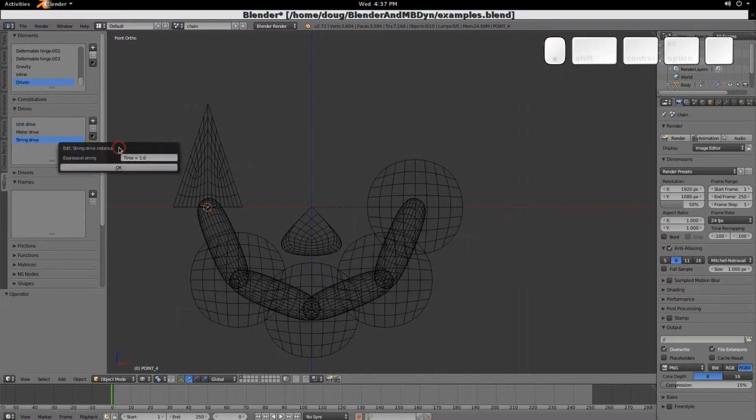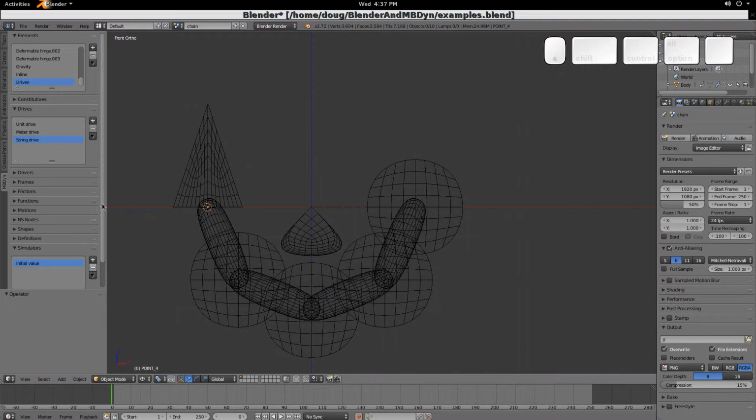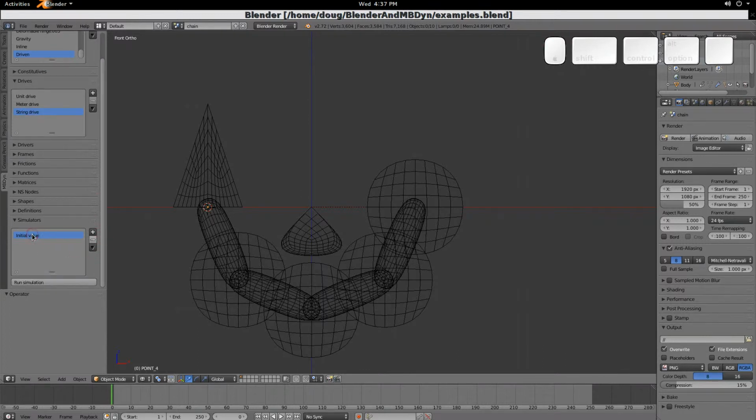We edit, we'll look at it. This is time less than 1. So what we've done here is we have this driven element, which really is this string drive, which drives the inline element, and so that holds it in place for 1 second. So with all that, we don't have any frames. We can see here there's no reference frames, so everything is in the global frame. And if we click initial value,